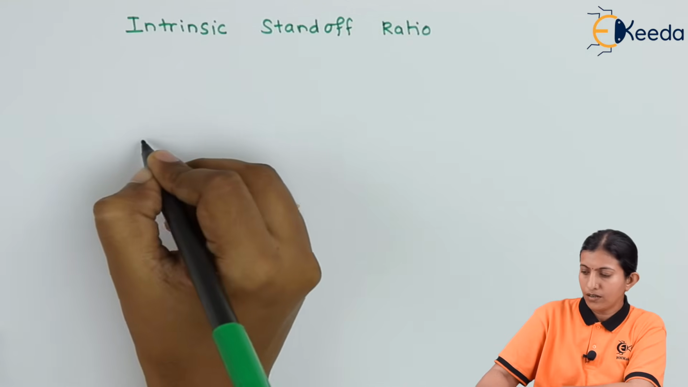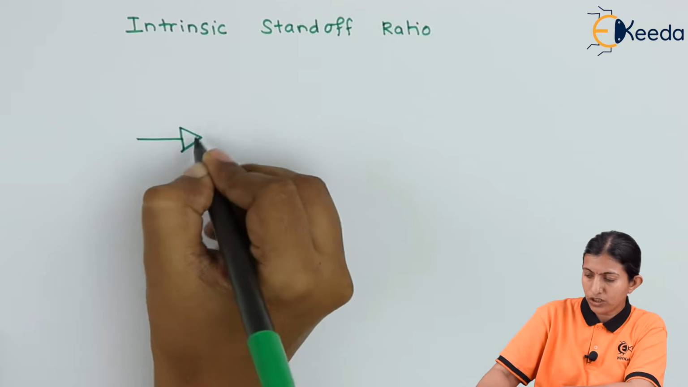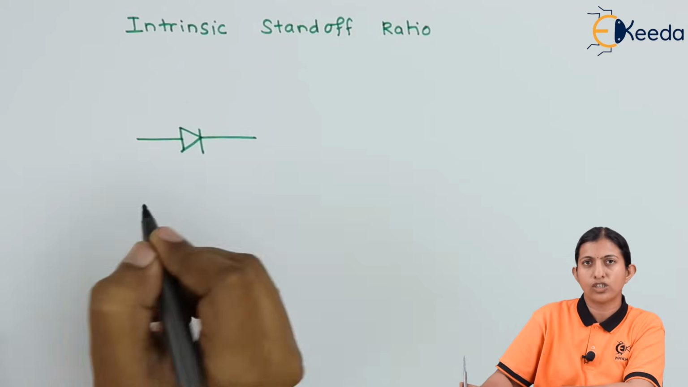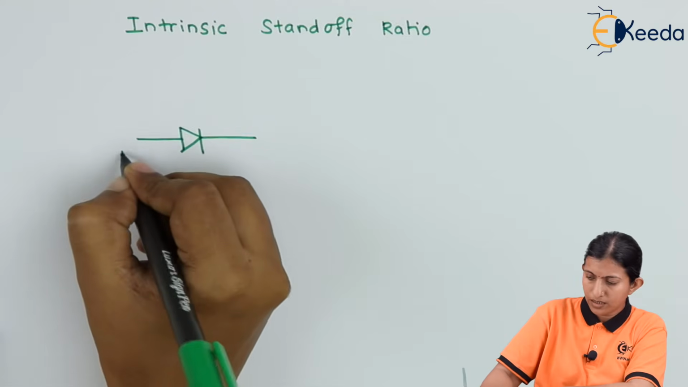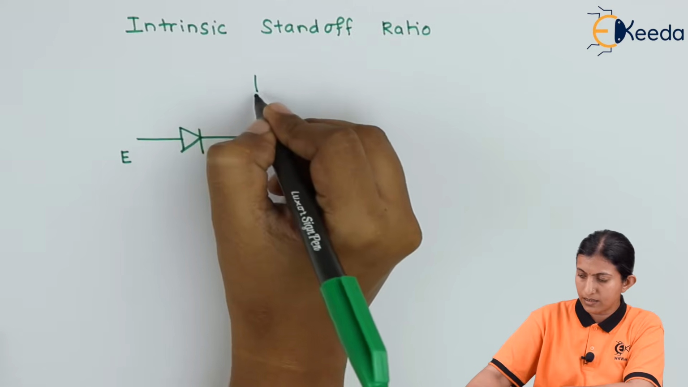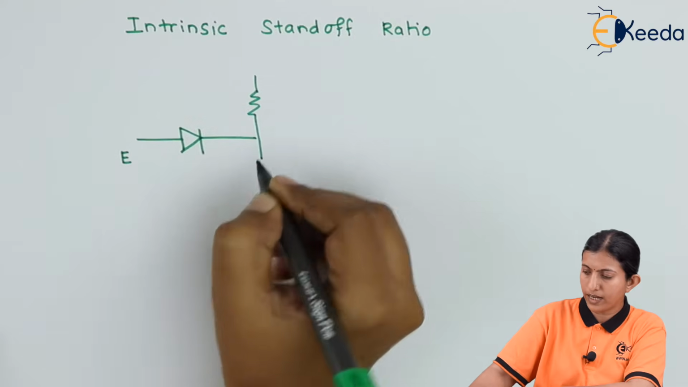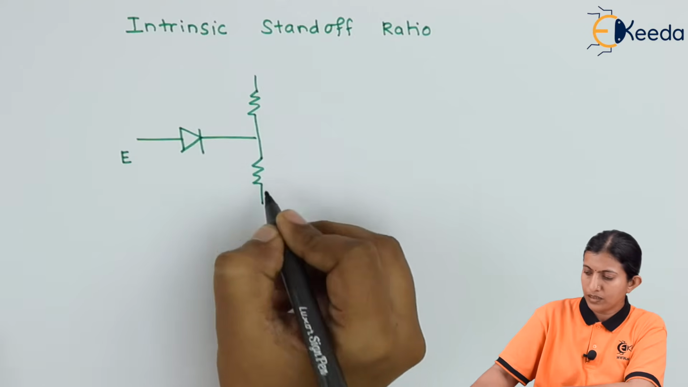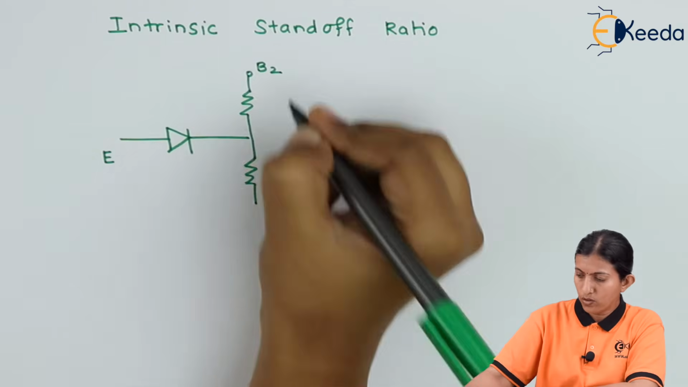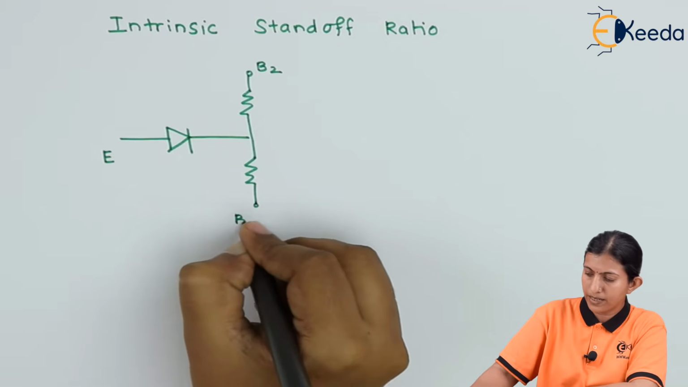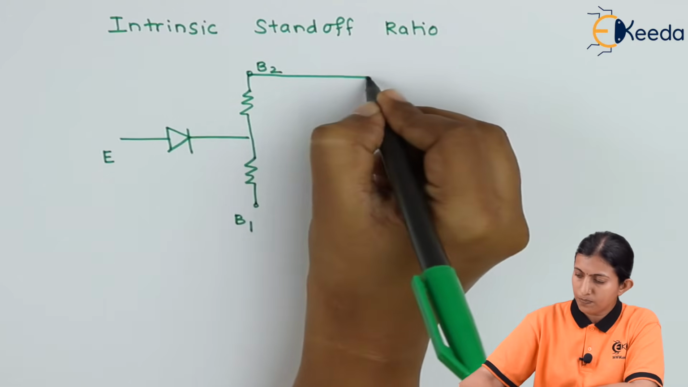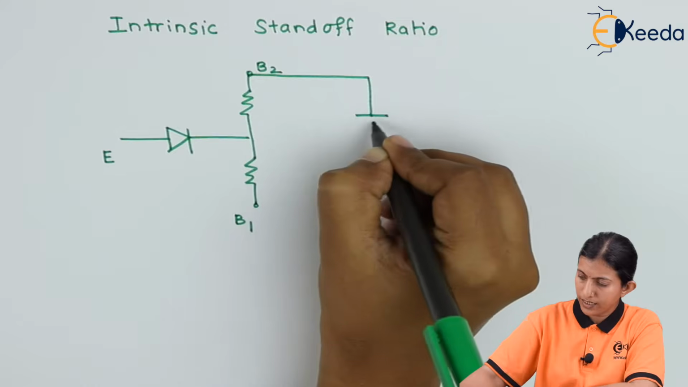So here we are using the PN junction diode which represents the PN junction of the UJT. This terminal is the emitter. Then there are two interbase resistances, RB1 and RB2. This terminal is base 2. This terminal is base 1. And we connect the supply voltage externally